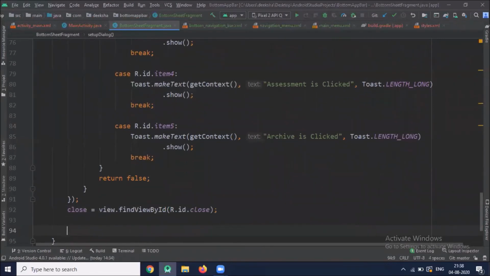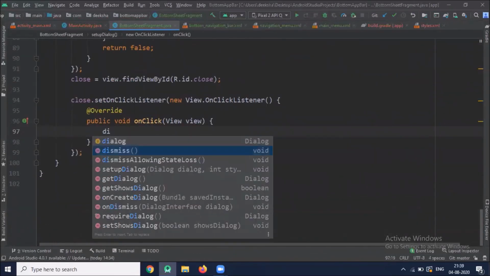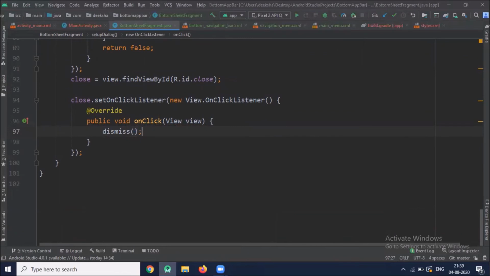Now we work on close button. So when I click close, bottom sheet is dismissed. Now we'll set the coordinator layout behavior.